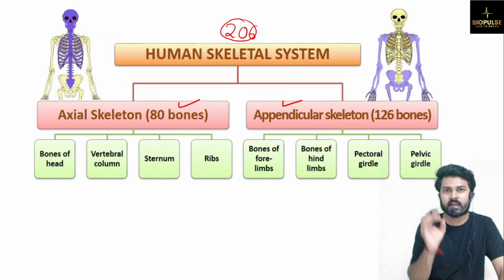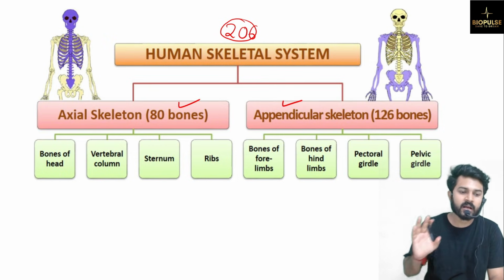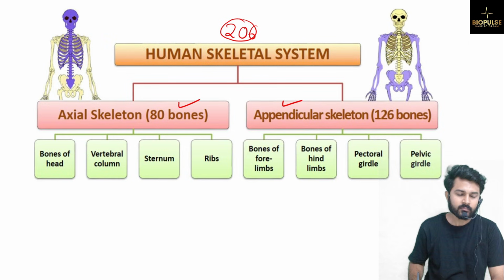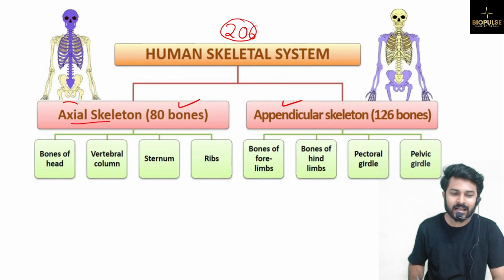Each and every thing today will be clear for you. Okay, everything will be cleared for you. Now, in this endoskeleton, that is the axial skeleton, these 80 bones we need to